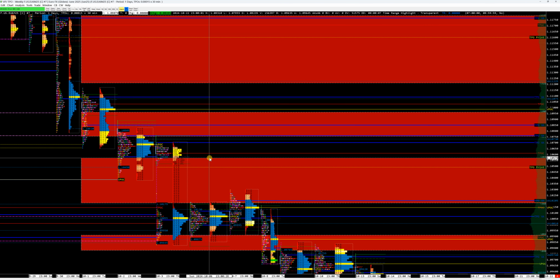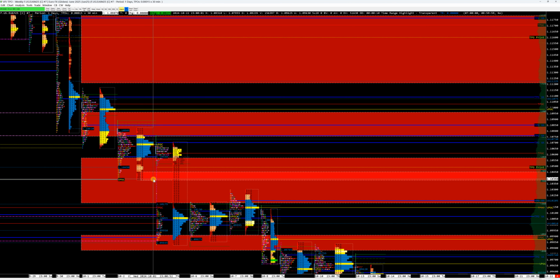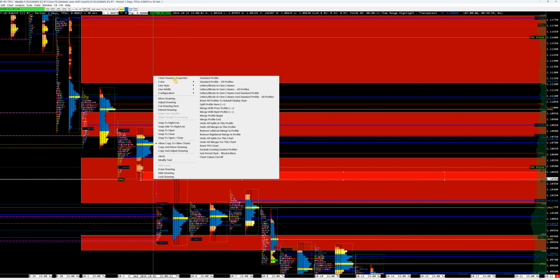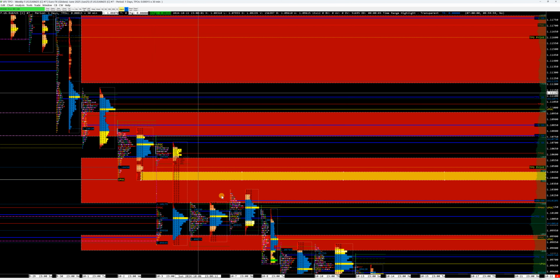So we can adjust it, we can fine tune it. Let's take an example here. We can see that we've got a buying tail here. We could easily fine tune and say that I'm going to draw another area here. I may want to use a different color so that I can actually see what's daily and what's monthly, just to make it a little bit clearer. But effectively, that's pretty much the idea,